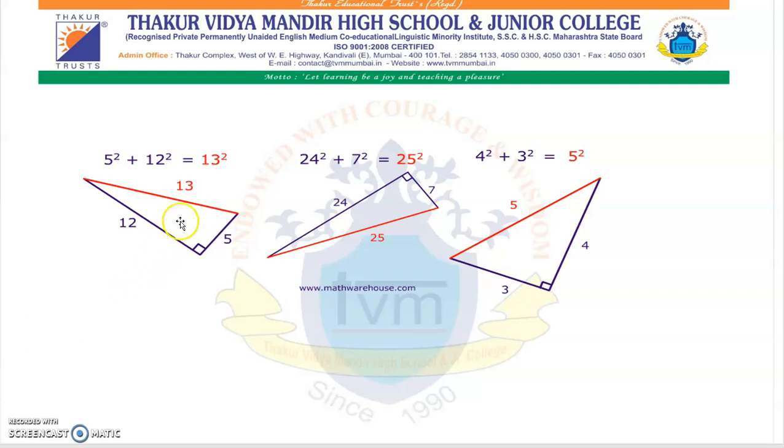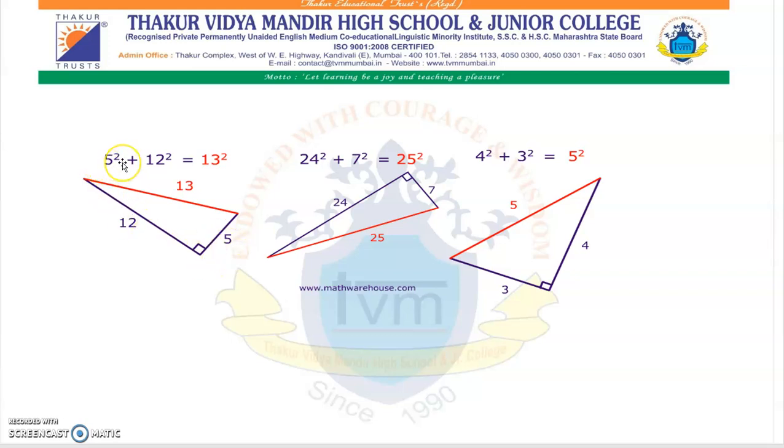Let us see some examples given below. These are the examples. Here three sides are given. Here they have mentioned, this red one is longest side. This is side 1, base perpendicular is 12. If we are substituting these values in the Pythagoras theorem, the values of both the sides will be equal, then they are Pythagorean triplets. Let us see one example for you.